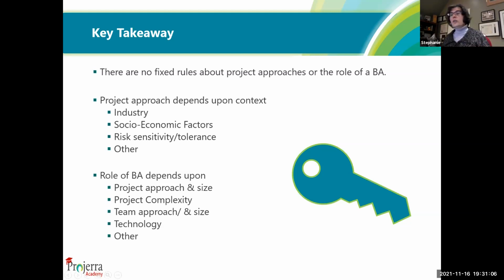And then also looking at the different players and what's the role of the BA? Is there a product owner? Is there a project manager? Is this a big team? Is this a little team? Because depending upon all of those different factors, my role could be very narrow or very broad. I could have a lot of different responsibilities and do a lot of different components and tasks within a team, or I could have a very specific task. Any comments on that? Or comments, questions in general?